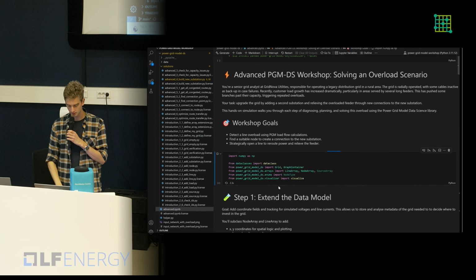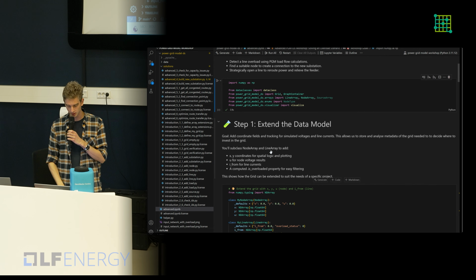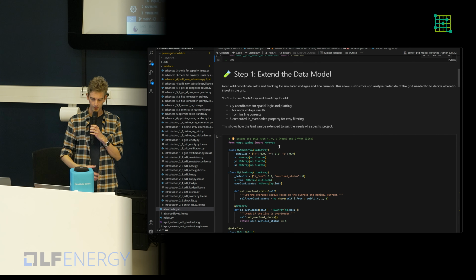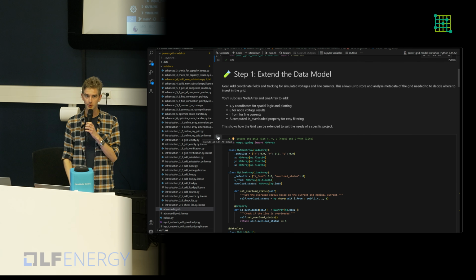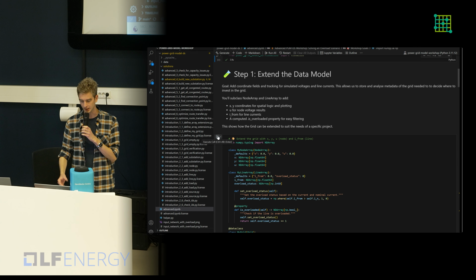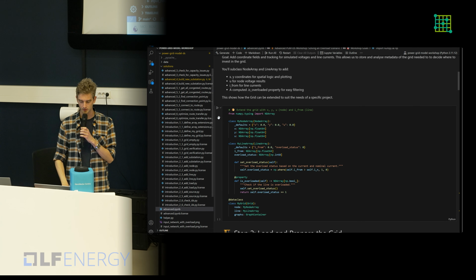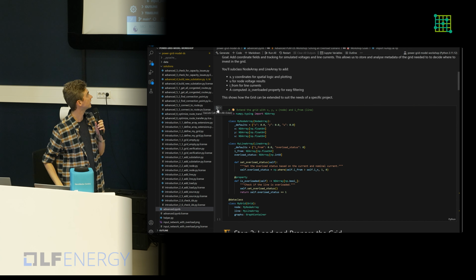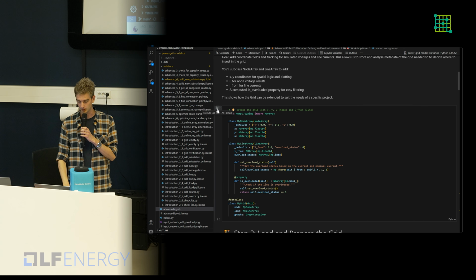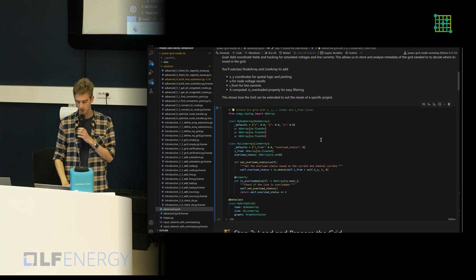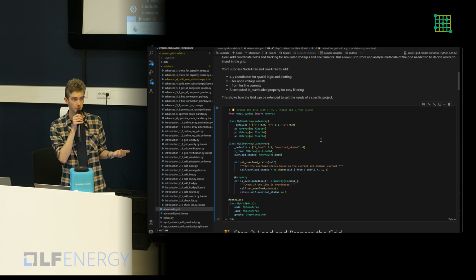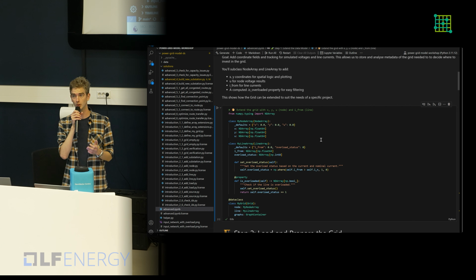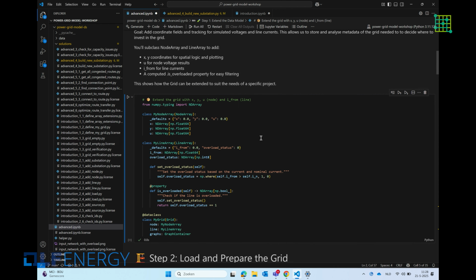So let's get started. We first import the libraries that we need. And then we start again by extending the data model. As you can see, this is how the library is set up, right? It provides a baseline for the functionality that you might need, but I think for most use cases, you actually want to extend it to fit your use case. So our use case requires geographical coordinates of the nodes because we want to optimize the distance that our new cable will cover, but that will come later.